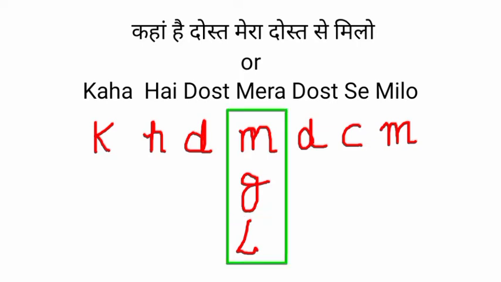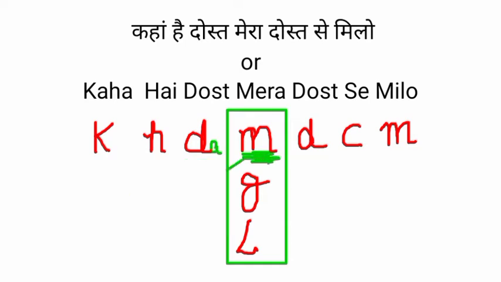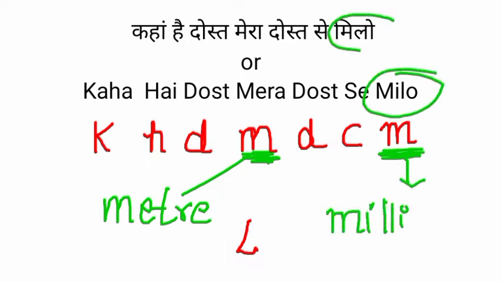Here students, one more thing in this mnemonic, D is occurring 2 times. So you need to differentiate it. First D, you will represent it as DA and read it as deca. Second D, you will represent it as D and its meaning is deci. Here M is also occurring 2 times. Middle one is meter and the last one is milli because this is similar to the milo.